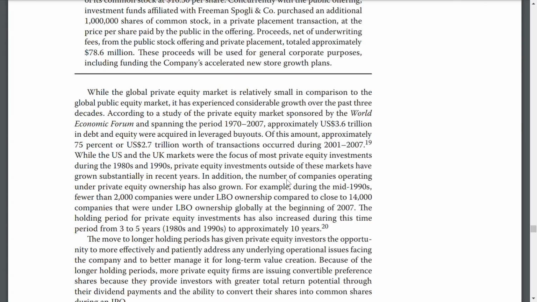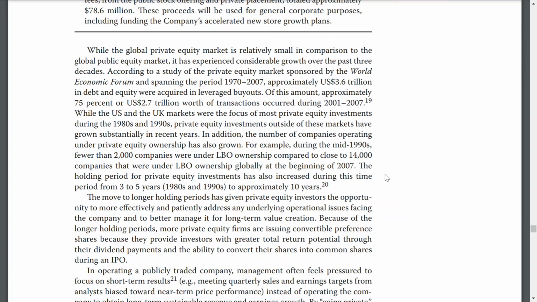While the global private equity market is relatively small in comparison to the global public equity market, it has experienced considerable growth over the past 3 decades. According to a study of the private equity market sponsored by the World Economic Forum, spanning the period of 1970 to 2007, approximately 3.6 trillion in debt and equity were acquired in leveraged buyouts. Of this amount, approximately 75% was transacted during the 2001 to 2007 period, while the U.S. and U.K. markets were the focus of private equity investment during the